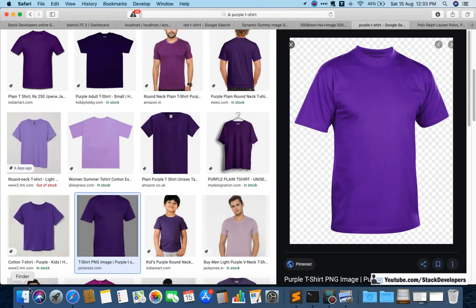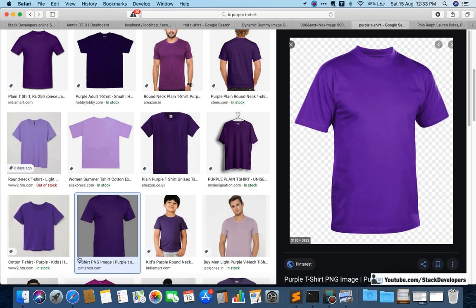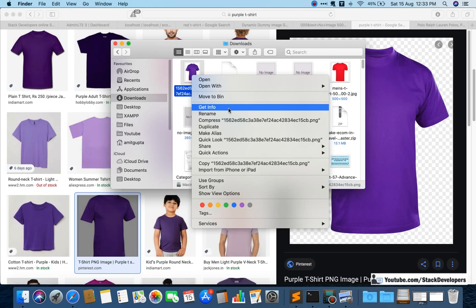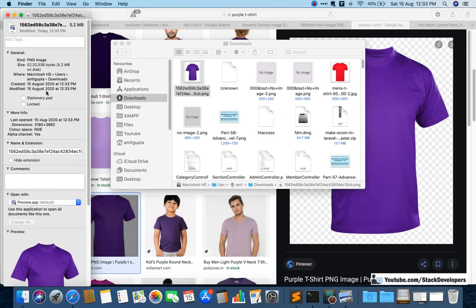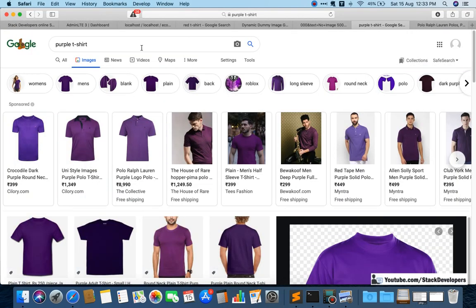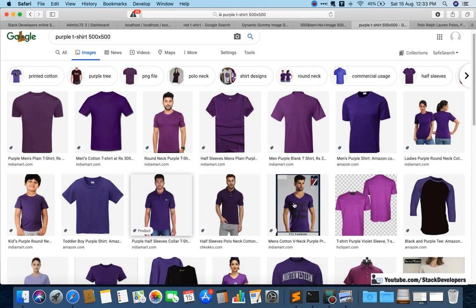but it's still not coming. I am going to check again, not coming. Save image to downloads once again. Now it is coming. I am going to check its, this one, no, not required. This one is not fine. We want exact, so I can do like this, 500 by 500, and let's see now.